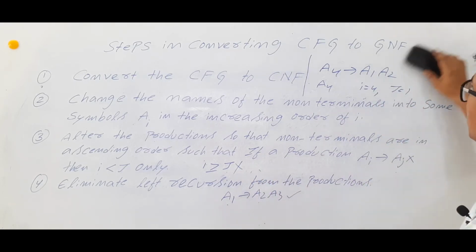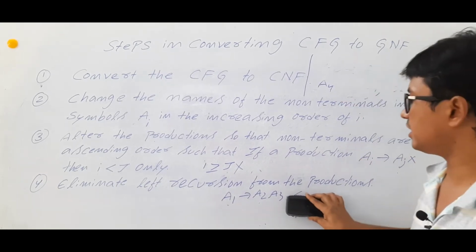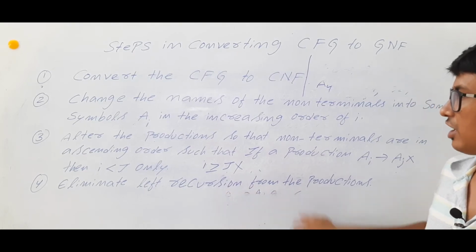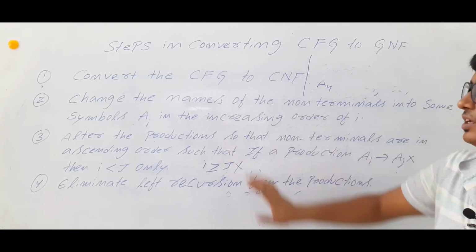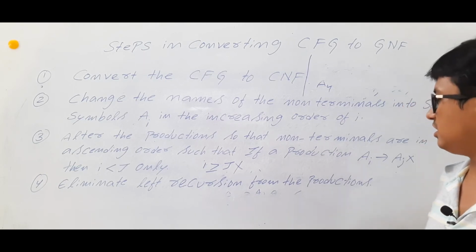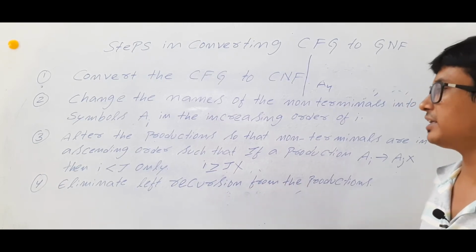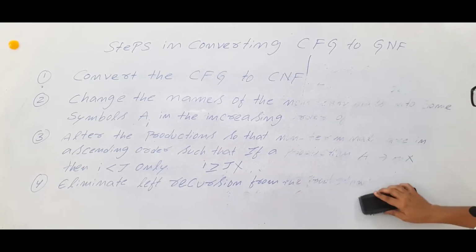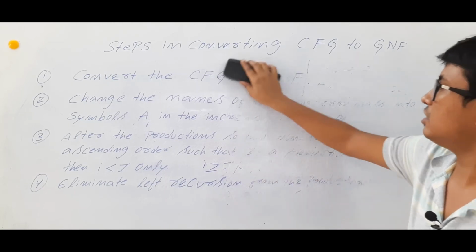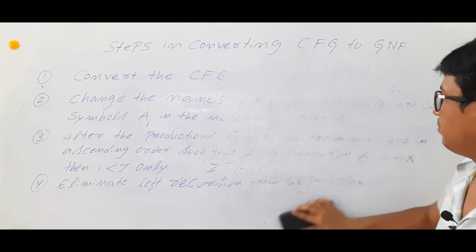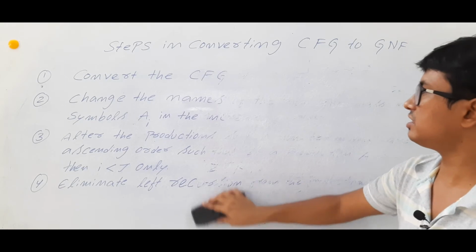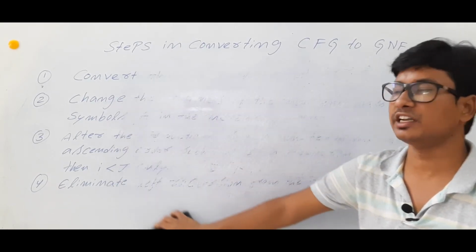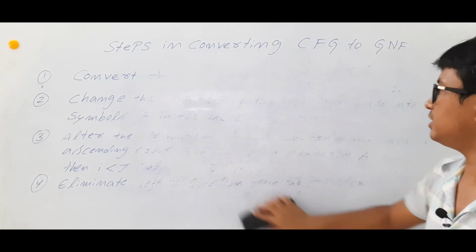Now, the last important point is that you have to eliminate the left recursion from the productions. After doing step 1, step 2 and step 3, if you have any left recursion in the productions, then you have to eliminate it. Let me discuss what a left recursion is and how we can eliminate it. With an example I will discuss it so that you will understand the concept in a better way. It will be very easy for us when we are converting a context-free grammar to GNF. When we are doing step 4, it will be useful.